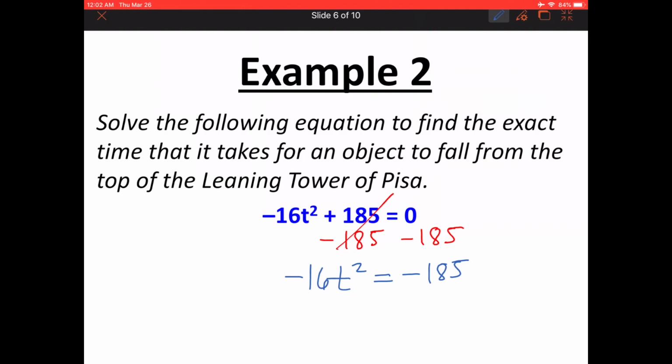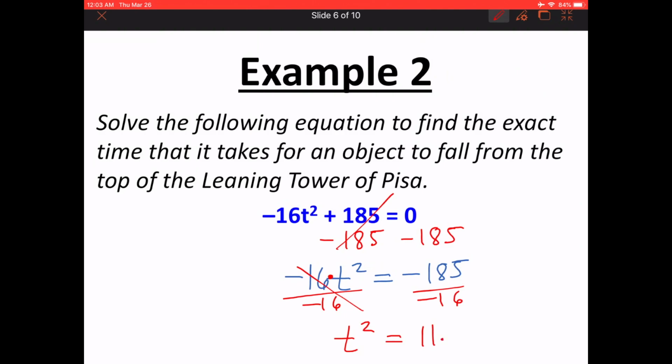So from here, now that I've added or subtracted, now I'm going to see if there's anything that I can multiply or divide. And so let's take a look. And remember this negative 16 t squared, there's an invisible multiplication there. So if it's negative 16 times t squared, I'm going to do the opposite operation, which is to divide. So I'm going to divide both sides by negative 16. The negative 16s cross out on the left-hand side. And then when I do negative 185 divided by negative 16, I get t squared